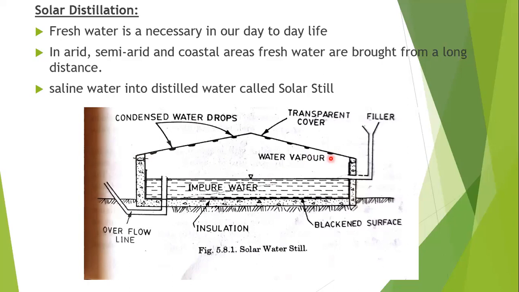The transparent roof material is mainly made of glass. It transmits nearly all the radiation falling on it and absorbs very little. Hence it remains cool enough to condense the water vapor. We may have a doubt that the solar radiation passes through the roof itself, and only after passing through the roof does it enter the absorber surface. So we may have the doubt that this roof will also be